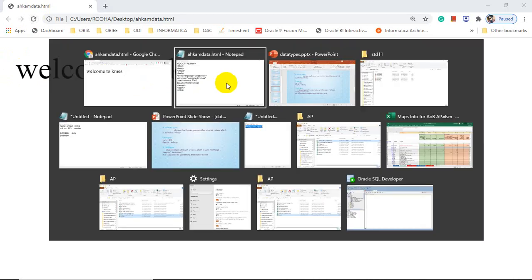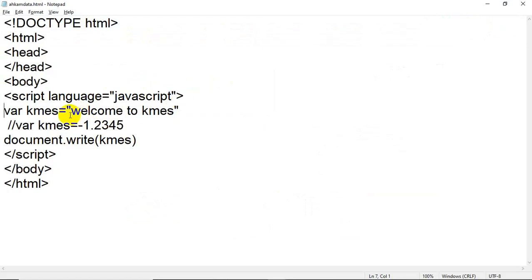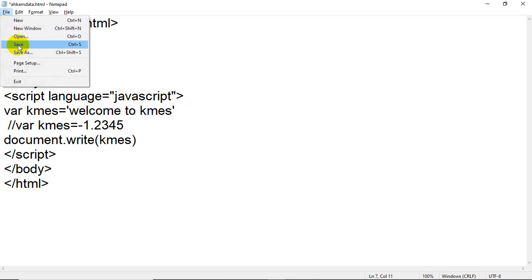Why? Because now I have stored this value in the form of a string. And how do we write a string? By using double inverted comma. So before and after you have to put double inverted comma. You can put double inverted comma, or you can even put single inverted comma. So instead of that you can put single inverted comma. It is okay. Let me save the file.